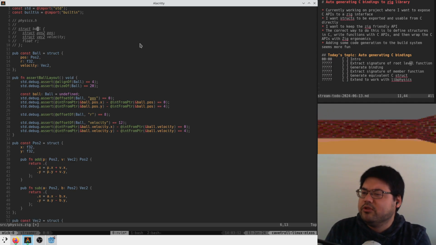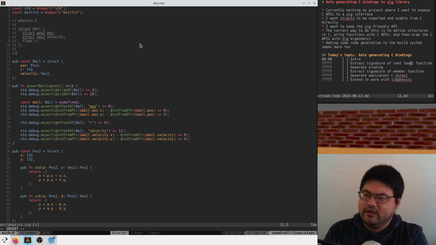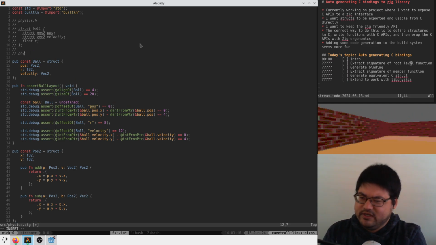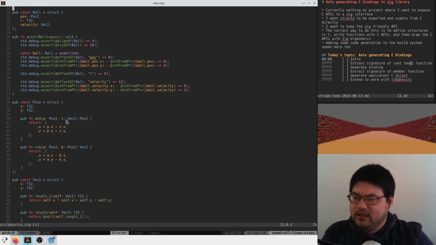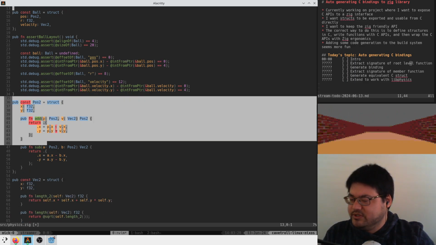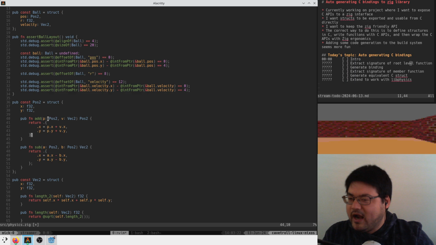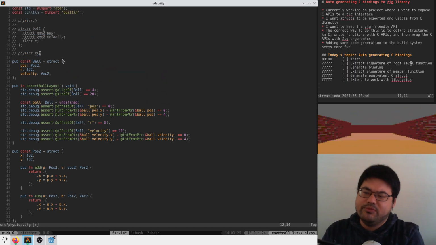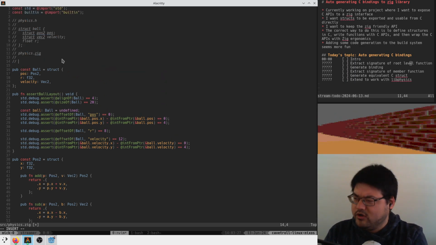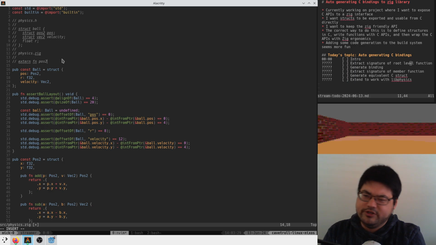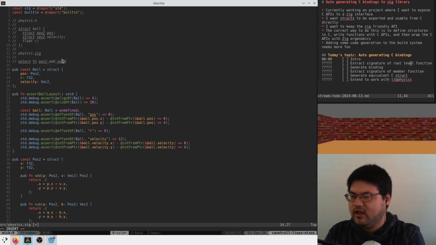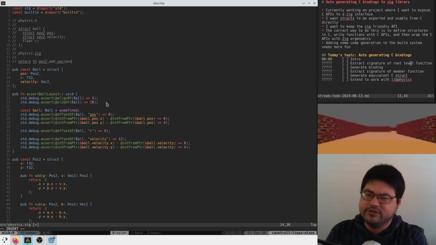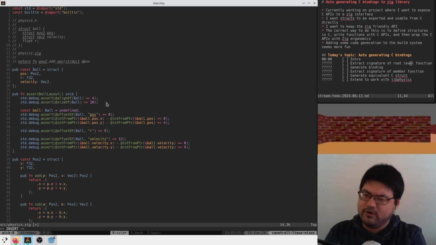And then you could import this in Zig, and you could write a function in physics.zig. Say we wanted to implement adding a vector to a position, right? You would do something like an extern function pos_add_vec, and you would take in our pos as a struct pos2,